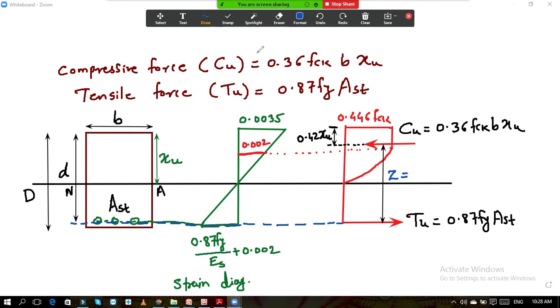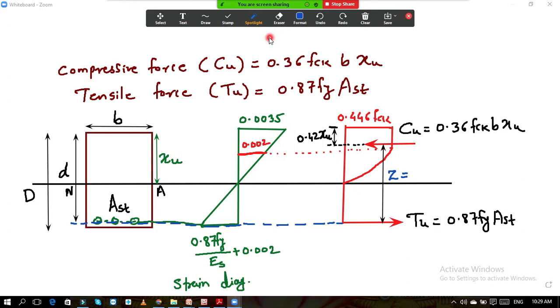Remember this. This strain and this force are not acting at the bottom. This strain and this force are acting at the point where I have drawn this line, in blue ink, in the center of the bar. At this level this strain is acting and this force is acting. This is not acting at the bottom of the beam, so please be clear with this. This is not acting at the overall depth D. This strain and this tensile force are acting at the effective depth, at this point over here.